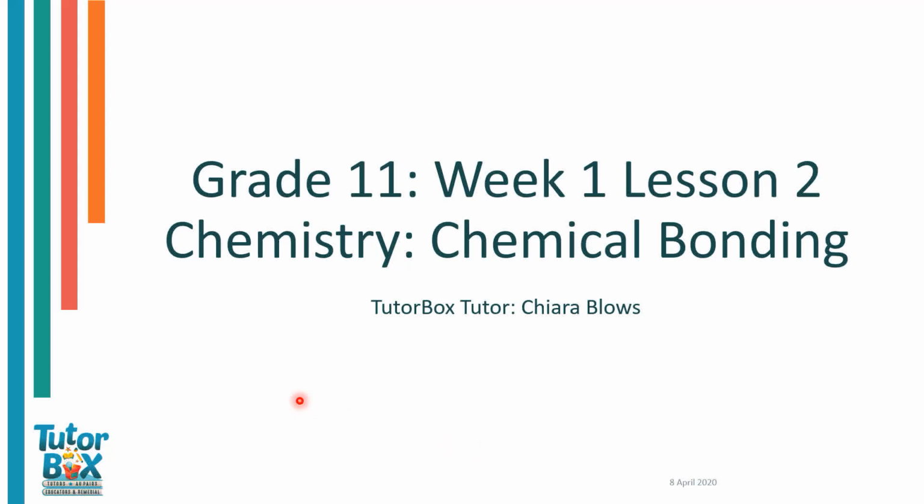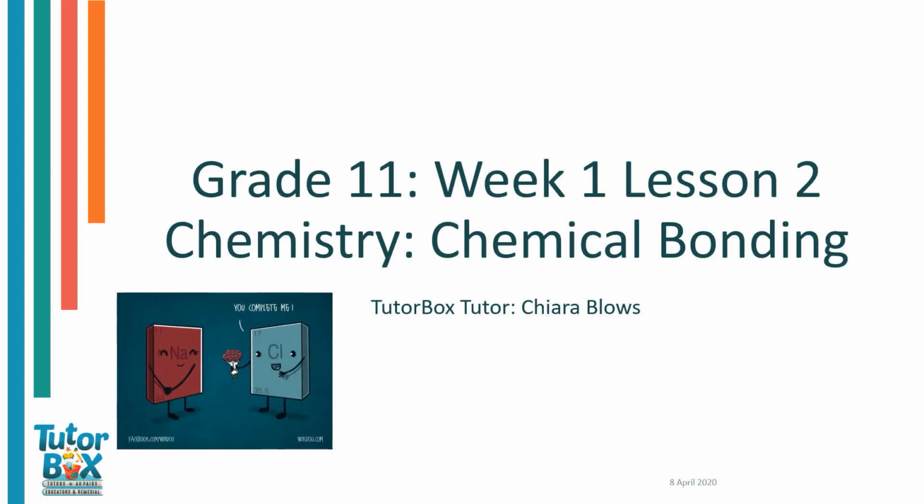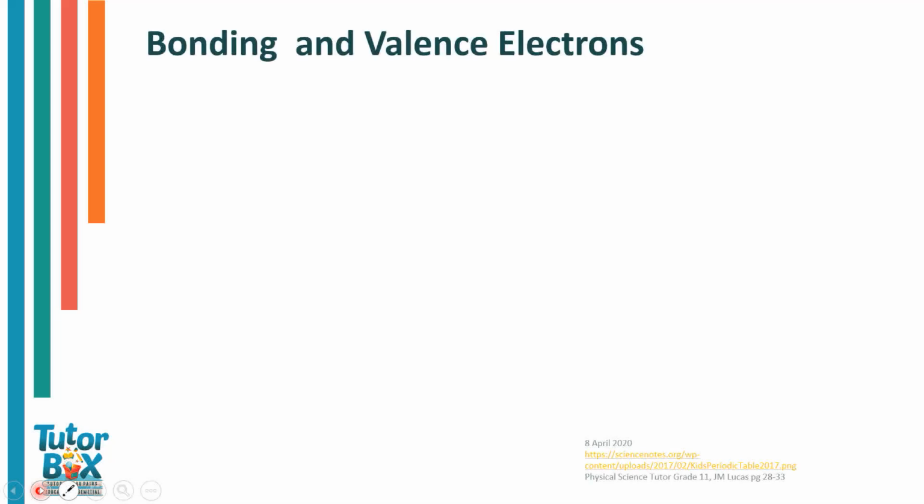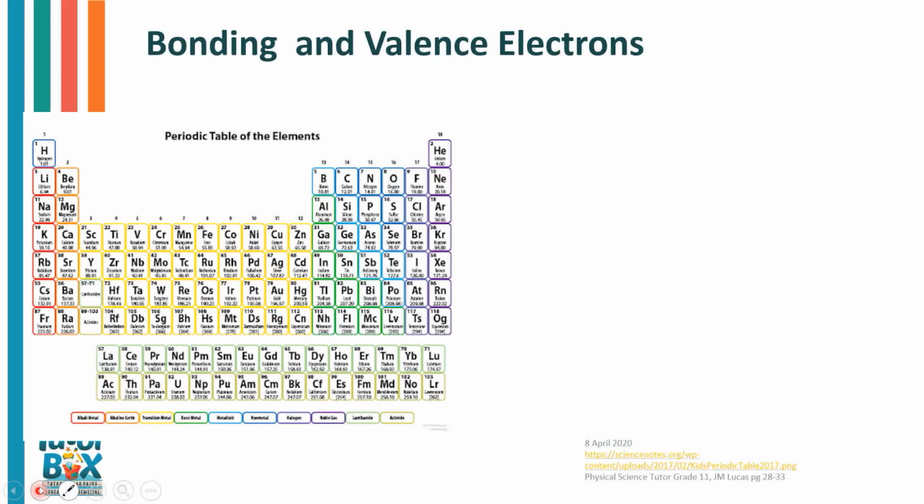Welcome to your second lesson in physical sciences, and today we are going to be covering chemistry and specifically chemical bonding. Firstly, we are going to discuss bonding and valence electrons. A thing to remember whenever you do any chemistry is to have a periodic table of elements. There is a reason this is a tool for all your chemistry and why you should have it before you sit down to any chemistry lesson or exercise or even your exams,